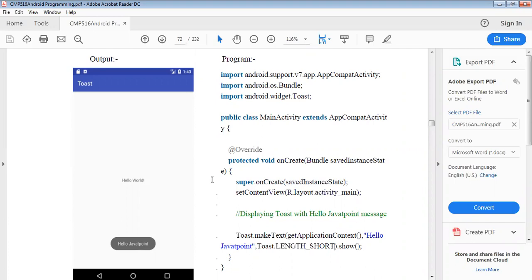For that, Toast is mainly important. The Toast class is important for showing notifications to the user, as well as a pop-up at the bottom of the screen, a very similar motion.